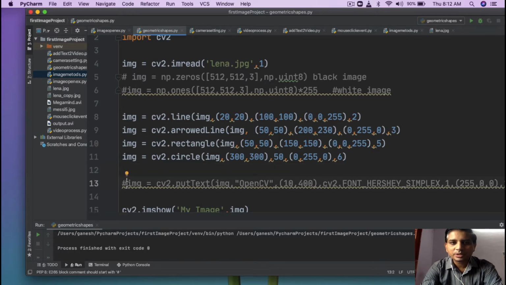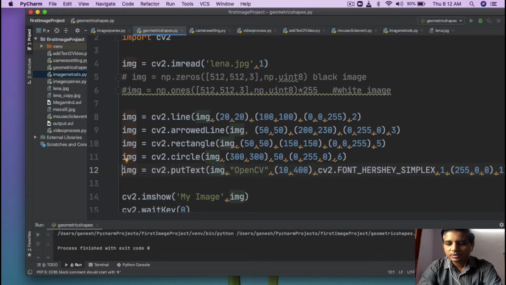It is very important to know all these basics, because when we go to the advanced topics and when you want to indicate something on your image, these geometric shapes play a very vital role. You have to draw the rectangle when a face is detected. You want to draw a circle, suppose if some object has been detected.